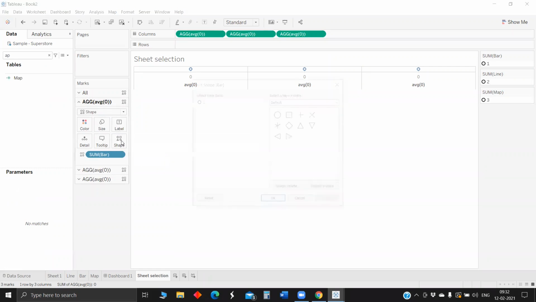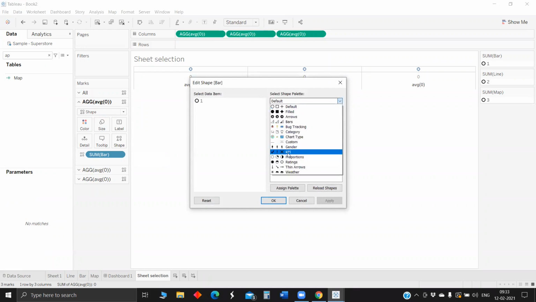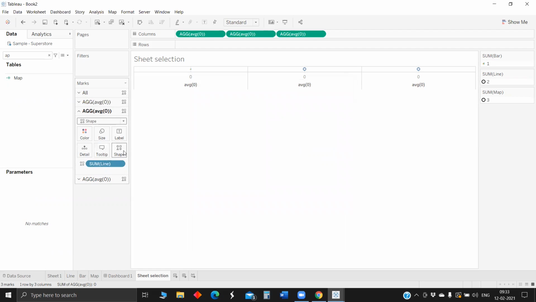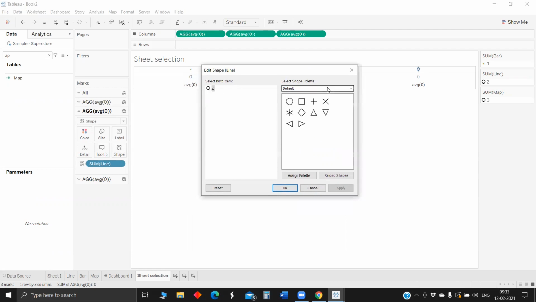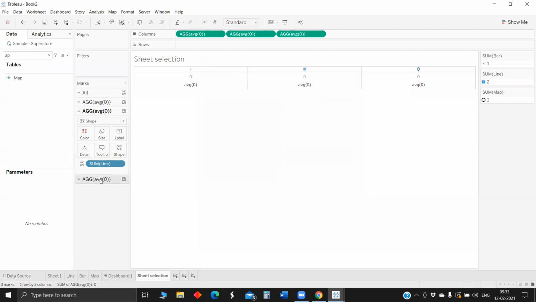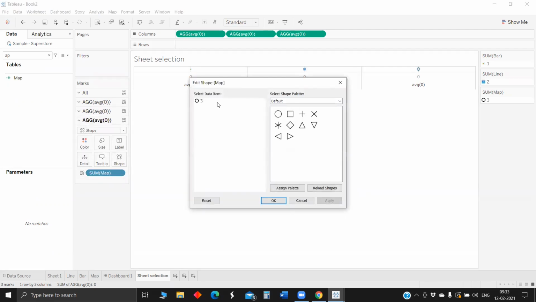To change the shape, just click on this, and here we will have some set of features. But in case you would like to add those, you can go to My Tableau Repository, where there will be a folder showing shapes, and you can create your own folder and add this sort of icons. So let me open the chart type. For 1, it's bar, so let me assign bar, and for 2, it's line. Okay, let me double click chart type. Let me click the line one. Okay, and for 3rd, we have map.